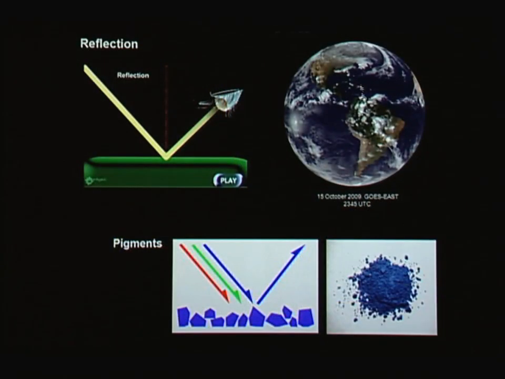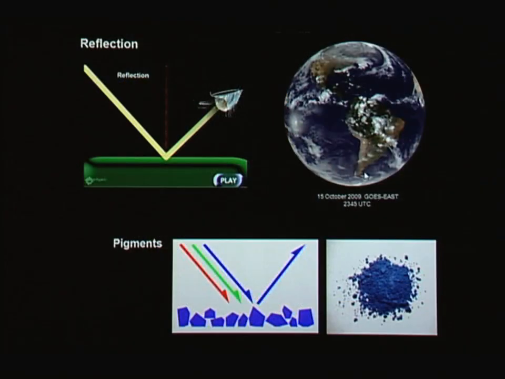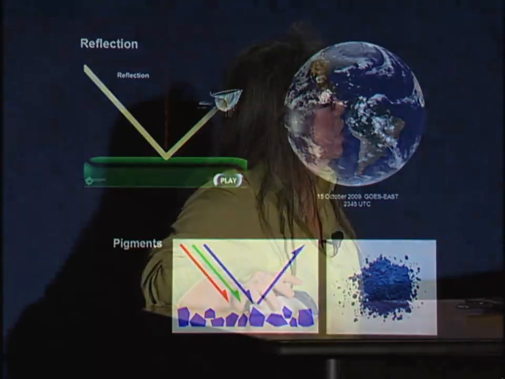So on the Earth, we have the ocean that reflects blue, and we have all these other colors. This is not necessarily true color. We have this little thing right here, this shiny spot, which is due to sun glint. In the case of sun glint, it's not just what it lands on that makes a difference in the color, but the angle at which it comes in. If it comes in at a certain angle on a certain material, sometimes you get total reflection and you don't get absorption. So that also makes a difference.